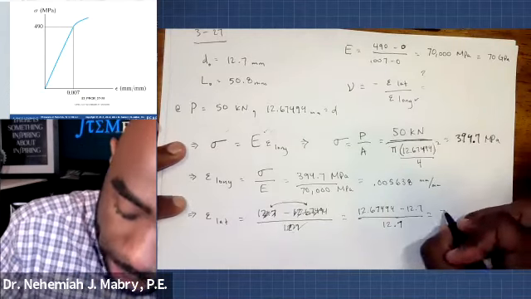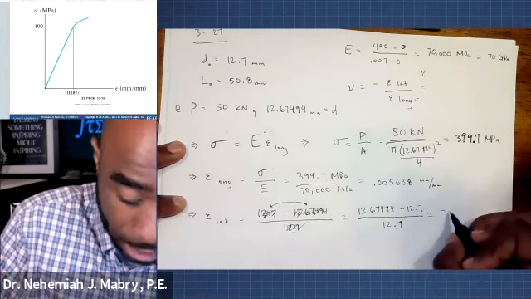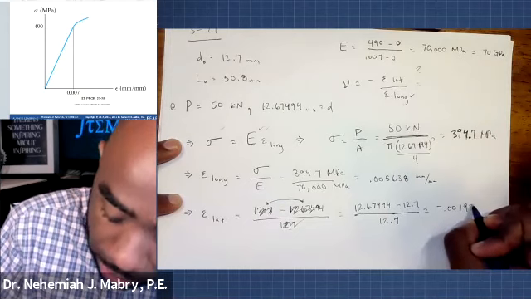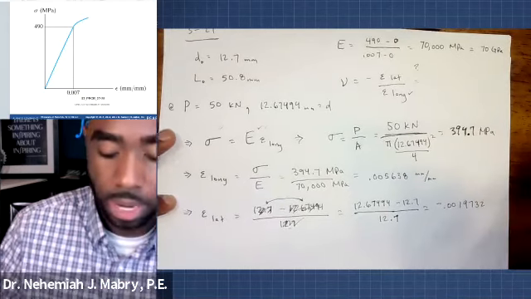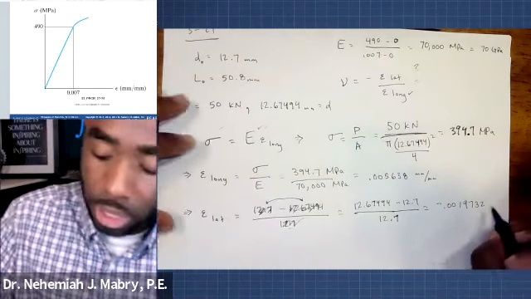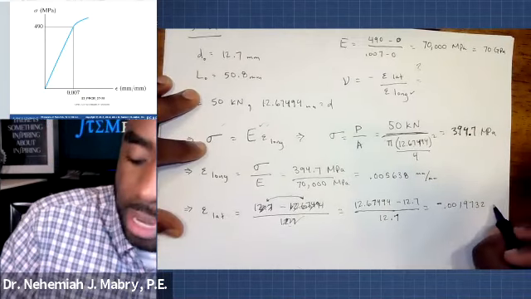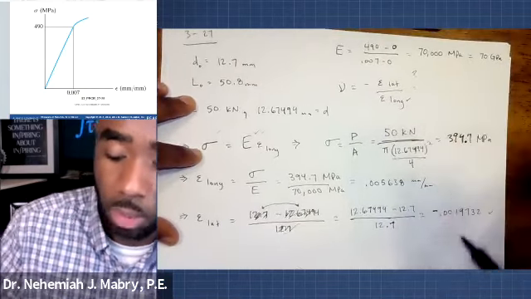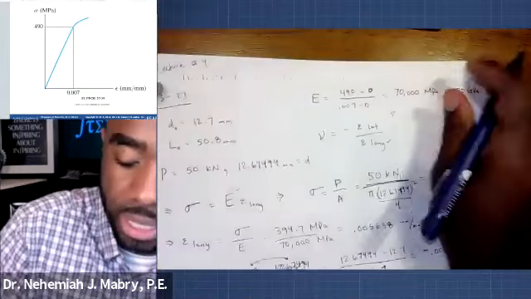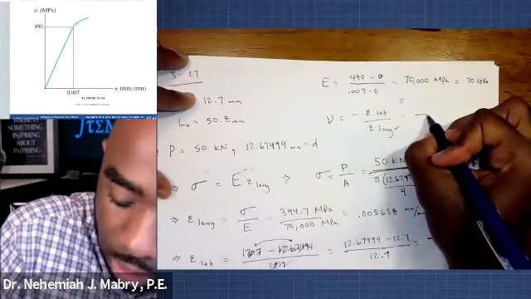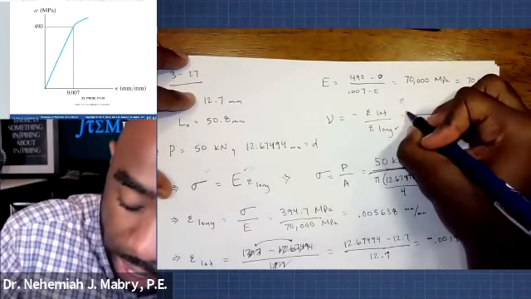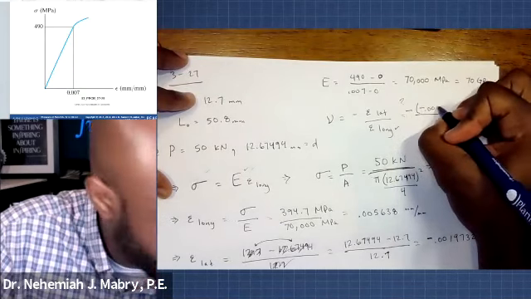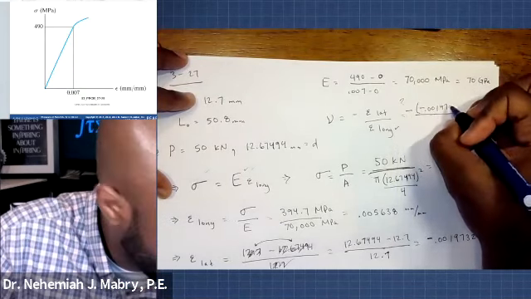And that answer should be a negative 0.00199732. Right? That's your latitudinal strain. And again, it's written that way and it has a negative because in our Poisson's ratio equation, we have an additional negative on the outside, which is what's going to allow this number to be positive at the end. So let me go ahead and write that here. So you have a negative times a negative 0.0019732